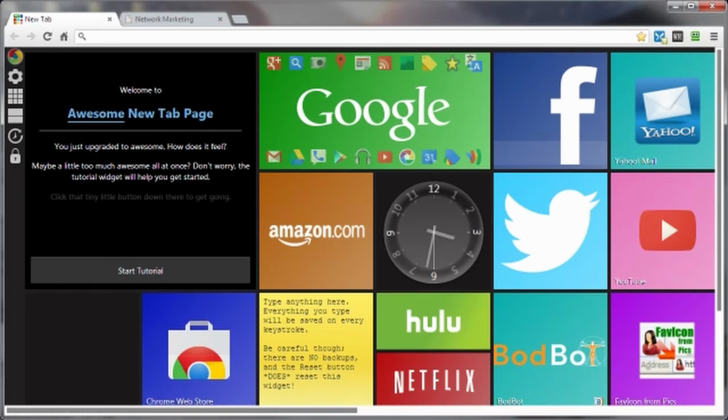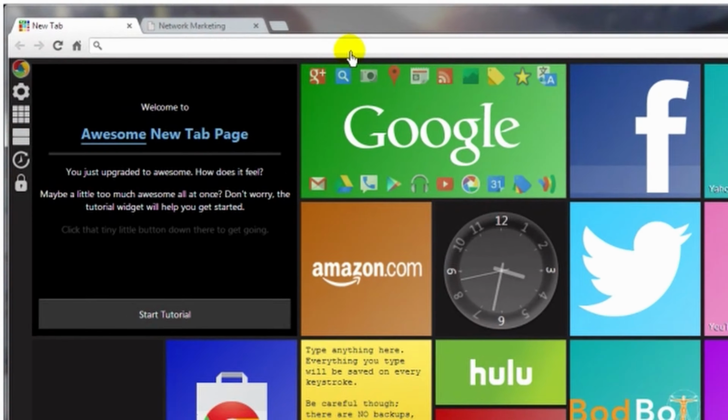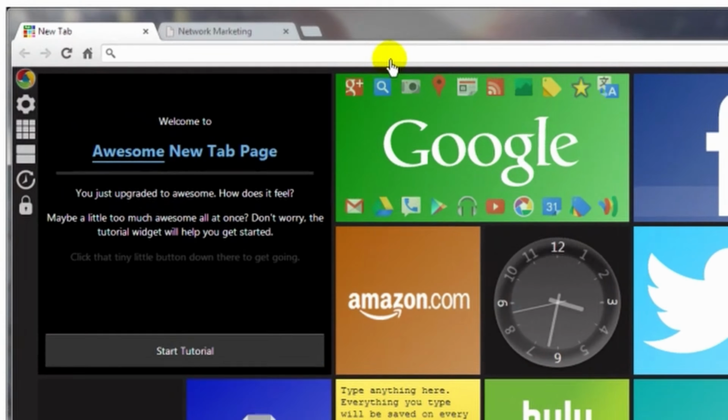This video is going to show you how to create a favicon, which is short for favorites icon. In other words, anytime that you encounter or somebody else encounters your website page and they want to save it in their bookmarks or favorites, it's going to have a little icon up here in the tab. This is the Chrome browser, by the way, and it's a little bit different in different browsers, but